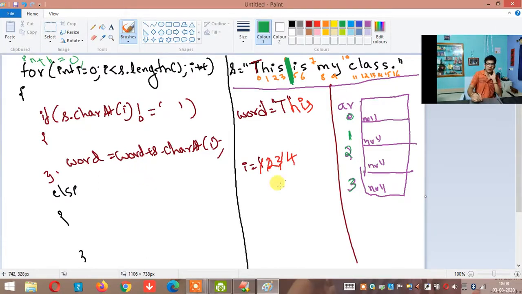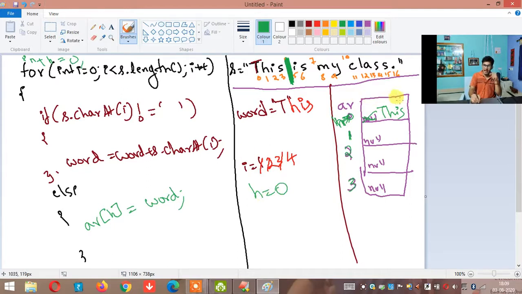Why? Because that variable h will be pointing to the indexes. Now h is pointing to 0. So what I will say is, arr of h should contain the word. So the word value I am giving to whom? Arr of h. What is the word value now? This. So don't you think it will come and sit here in arr of h? The h value is 0, right? So this is stored in arr of h, arr of 0.